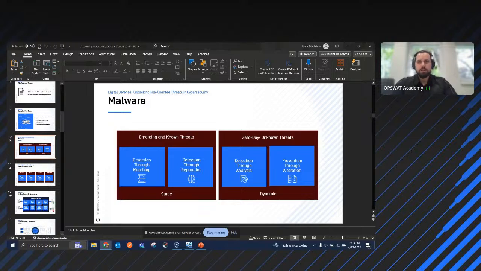Okay. All right. Well, as long as the presentation is good for you guys, that's all that matters. So on this slide, we are looking at malware, emerging and known threats, and zero-day and unknown threats. So what do we mean by that? Ultimately, we can classify all kinds of malware within these two categories. And within these two categories, we have different mechanisms and different strategies that we use to detect or prevent those